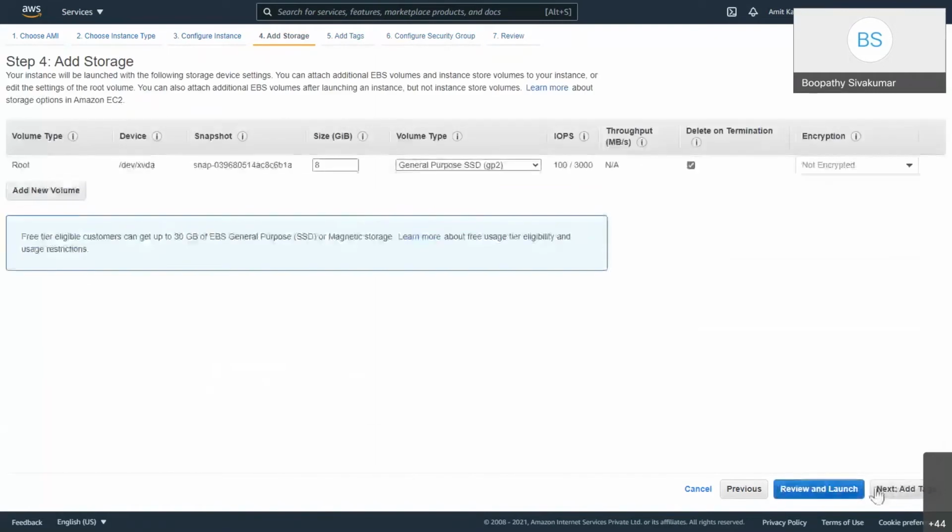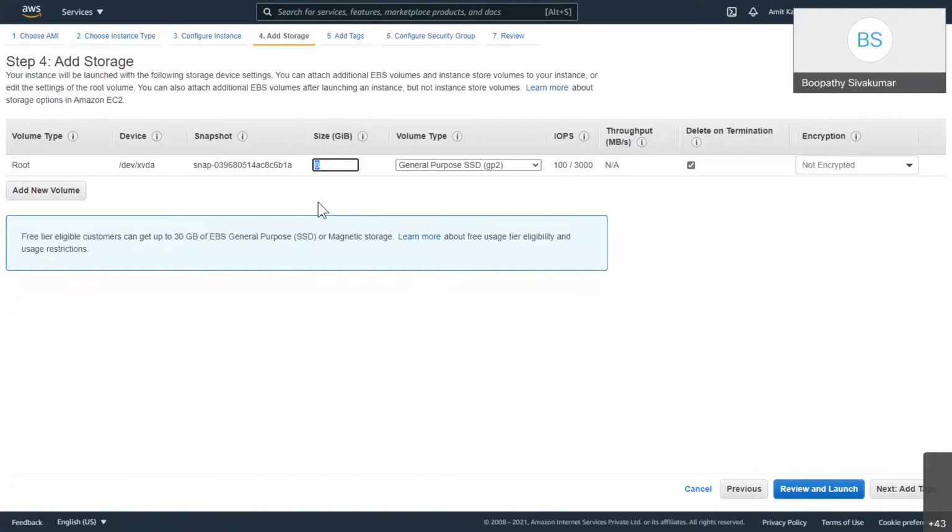Go to add storage. For example, if you're buying a laptop, you will have a processor and everything. Now we need to add storage to this, storage to your laptop. This is where you will set up the storage. This value is called a root volume.